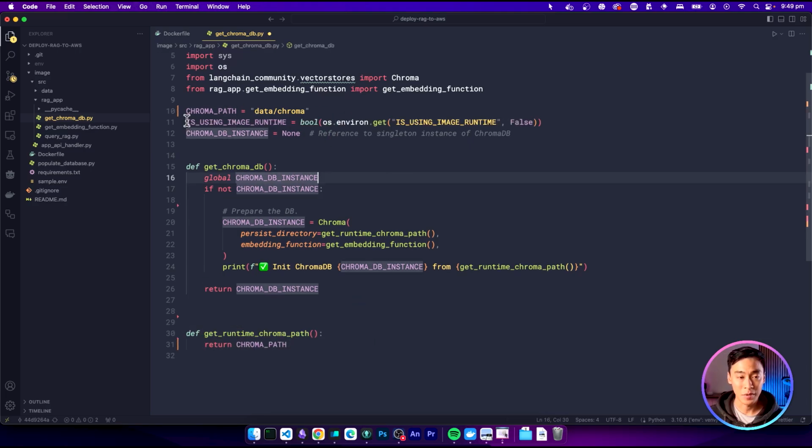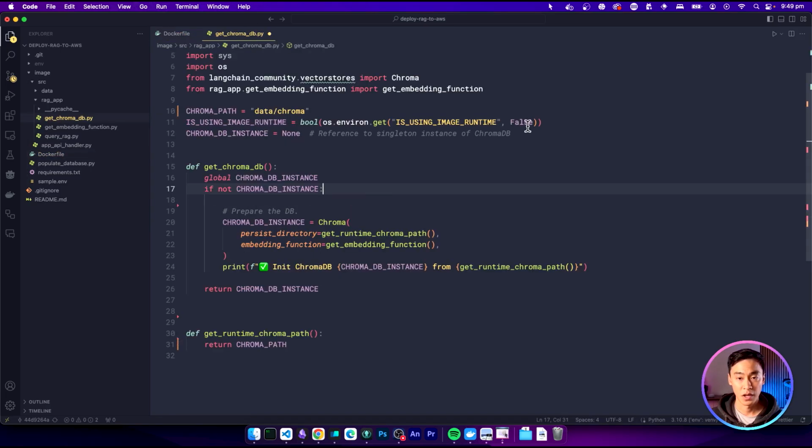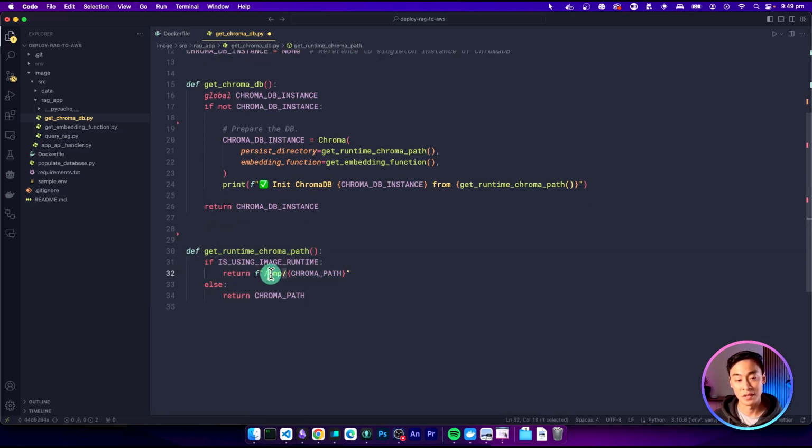And then next, I'm going to add this isUsingImageRuntime Boolean, which we're going to extract from our image runtime environment variable that you saw earlier being added into our Docker image. But if it's not set, then by default, it's going to be false. So if I run this script directly from my terminal, it's still going to be false, and anything using this flag will be ignored. And here, I'm going to modify my get chroma runtime path to use this temp directory,